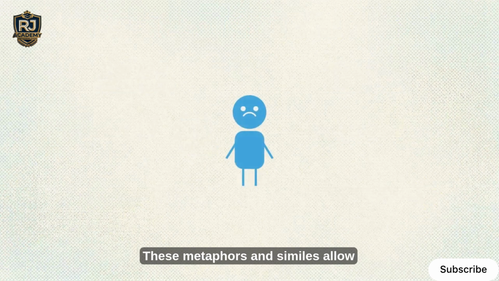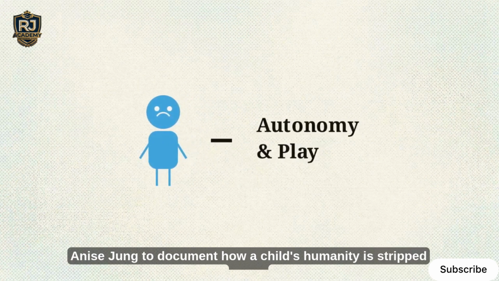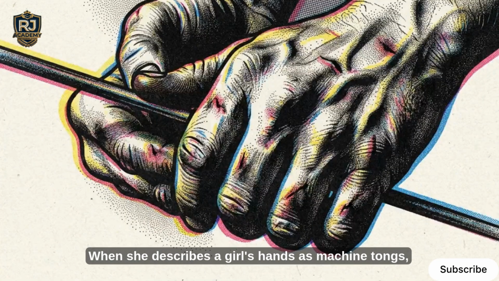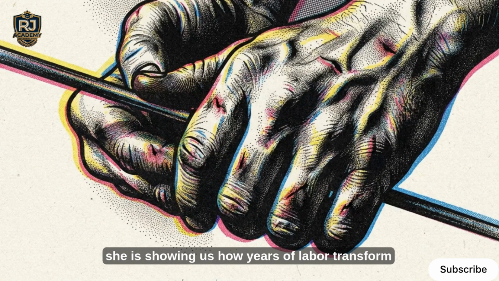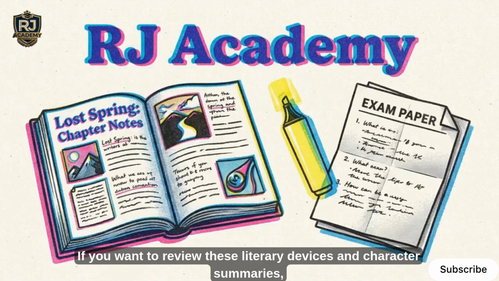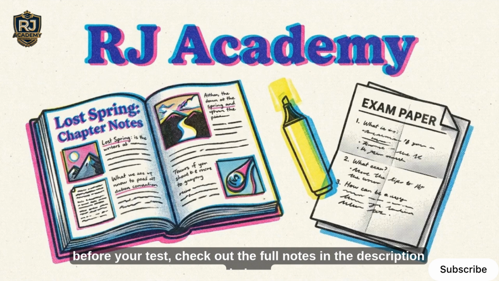These metaphors and similes allow Anees Jung to document how a child's humanity is stripped away. When she describes a girl's hands as machine tongs, she is showing us how years of labor transform a person into a tool. If you want to review these literary devices and character summaries before your test, check out the